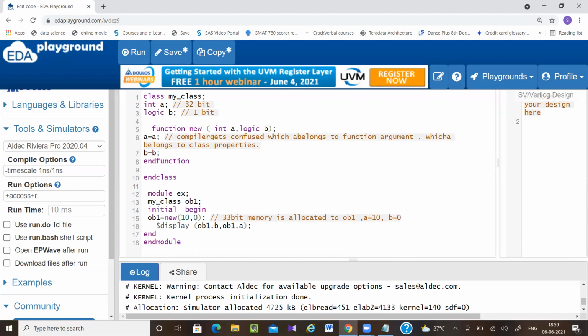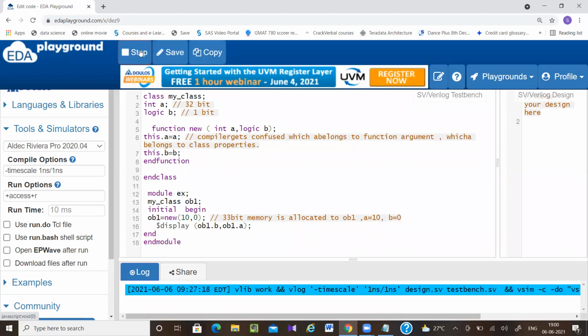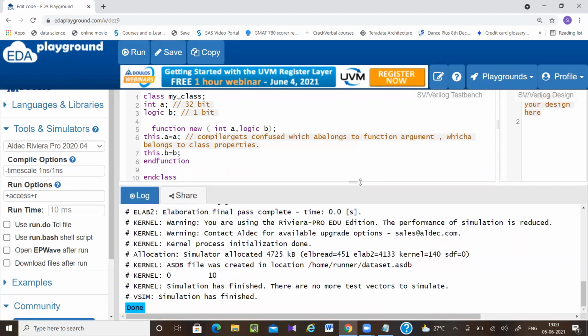It is not able to decide, so it just assigns the default values. To tell the compiler that this a belongs to my class properties and this a belongs to my function argument, you have to add the this keyword. The this keyword means it belongs to the class variable or class properties. Now it gives the correct output: b is 0 and a is 10.